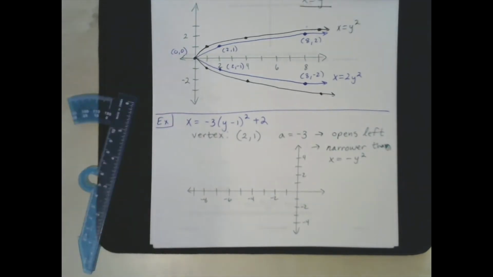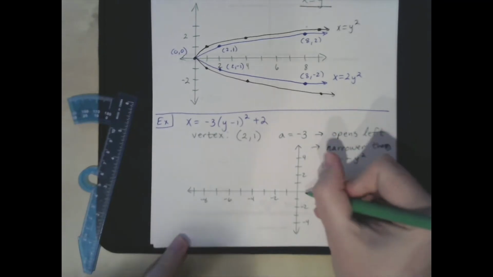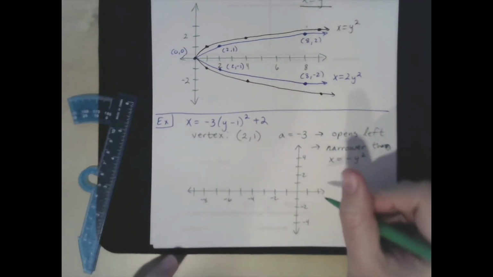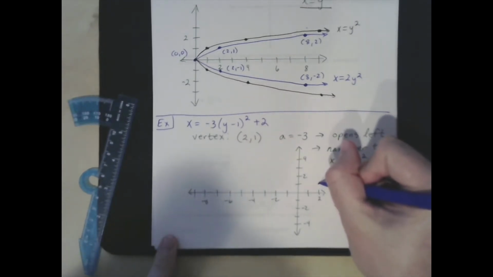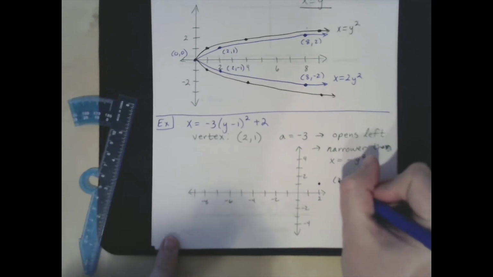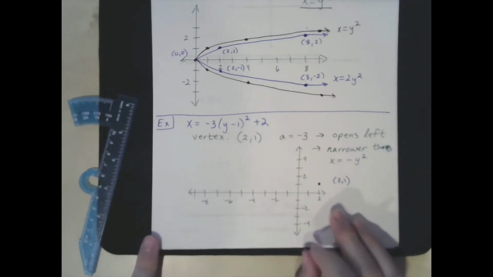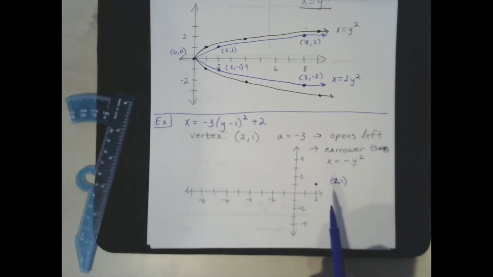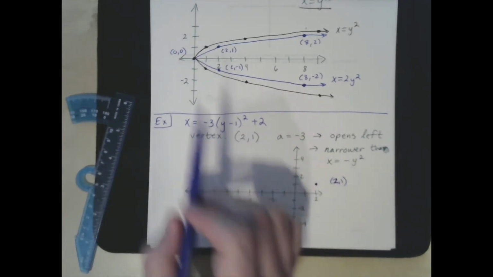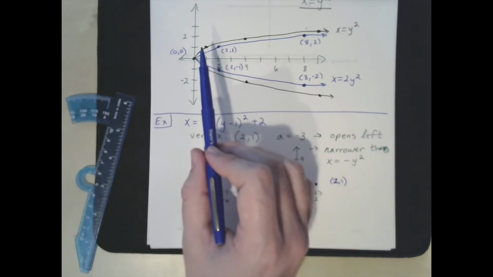So we can start by plotting our vertex at 2 comma 1. So I actually do need some positive x's. I need 1, 2, and 2 comma 1 is right here. That's our vertex. So the rules that we discussed back in our quadratics chapter about over 1, up 1,